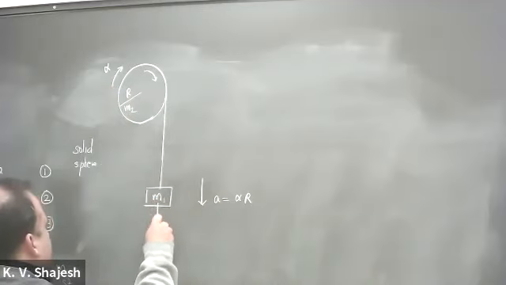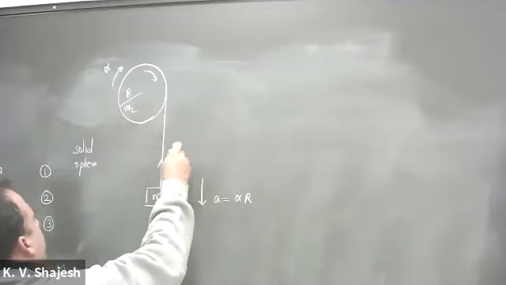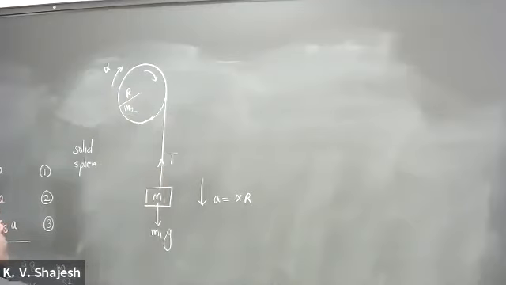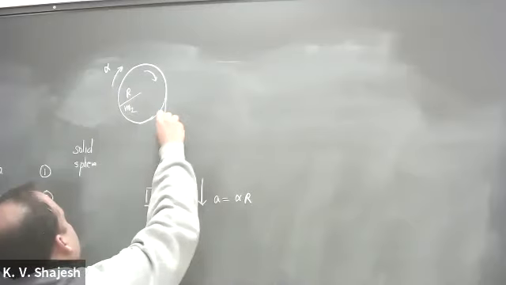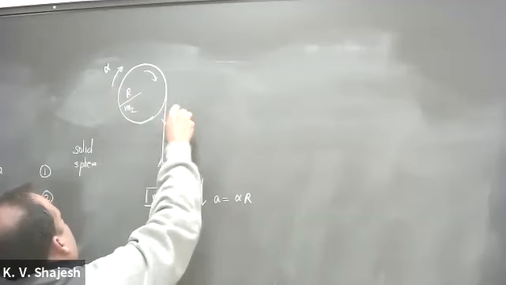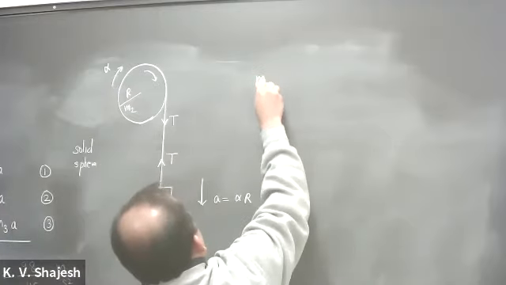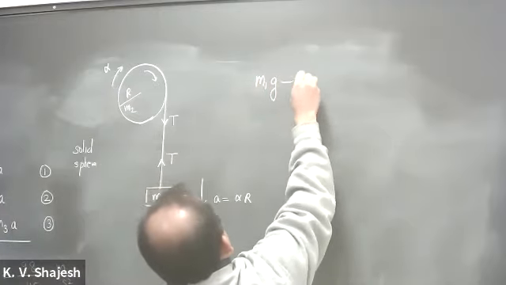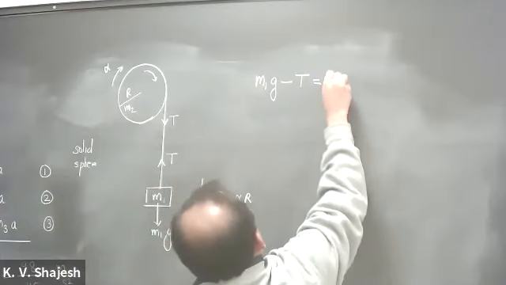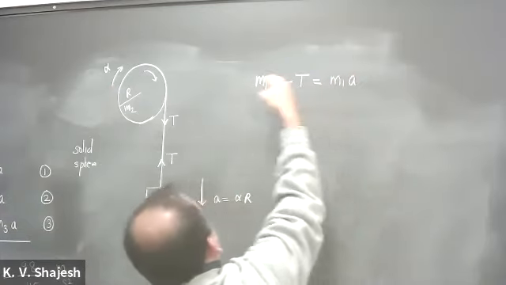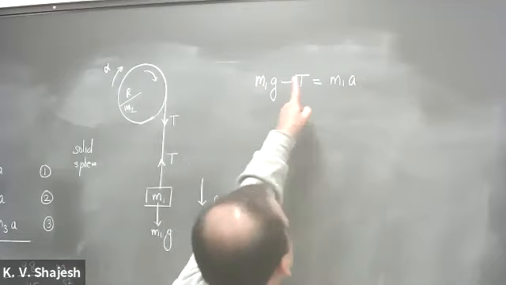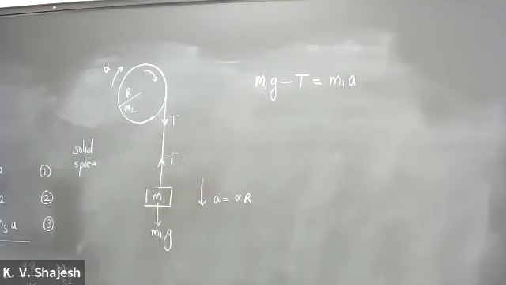In this case, now there is M1G, tension T. There is only one tension, so we don't have to specify T1. And this tension will actually pull the pulley, or will help in the rotational motion. So we immediately write M1G minus T is equal to M1A, right? We earlier said plus T minus M1G equals minus M1A, but if I change the sign, that's the equation you get.